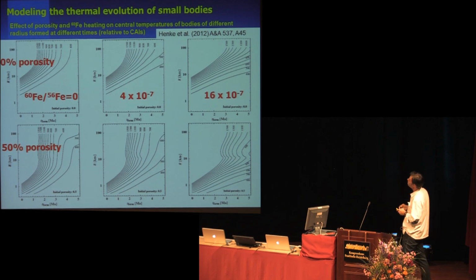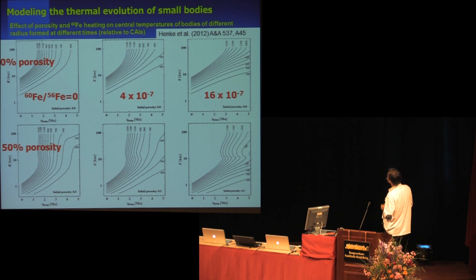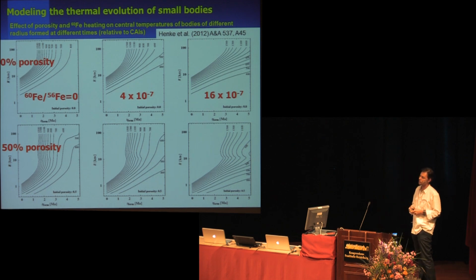partial melting and differentiation. If you form planetesimals 5 million years after CAIs, aluminum-26 is gone or low to a level that you have only about a few hundred Kelvin in the interior of such bodies, no matter of the size. Now, if you add iron-60 at abundance levels which were suggested in the literature, then you will see the effect: iron-60 has a slightly longer half-life than aluminum-26, so that you can have prolonged heating effects.